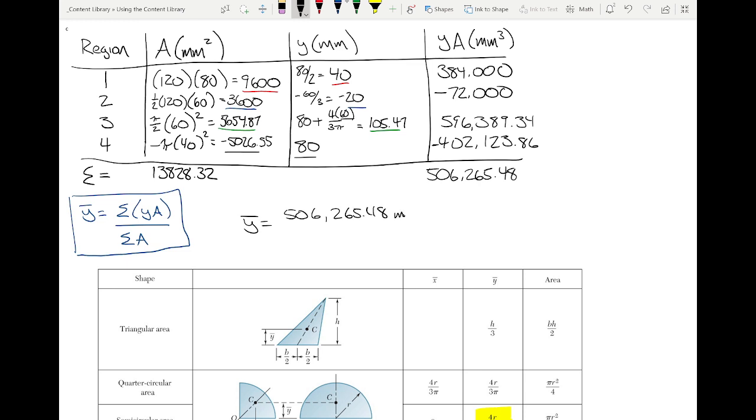And that's cubic millimeters over square millimeters, and we get y bar of